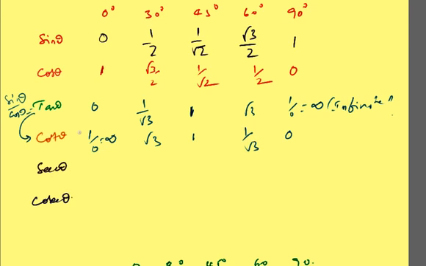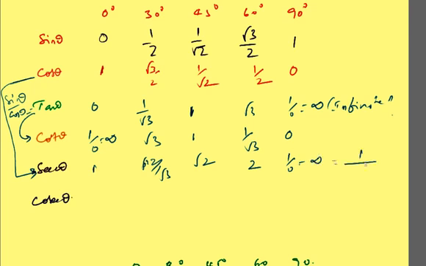Then secant theta, you know that this is a reciprocal of cos. Secant theta and cos theta are interrelated, so reciprocal means 1 by cos. 1 by root 3 by 2 will become 2 by root 3, and this will become root 2, and this will become 2, and this will become 1 by 0, friend, that is nothing but infinite. So what is cos theta? This is nothing but 1 by secant theta, or 1 by cos theta.